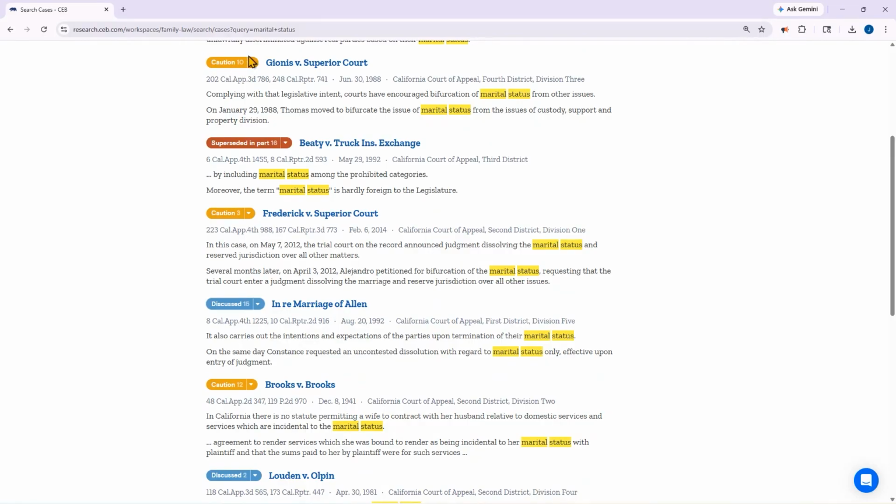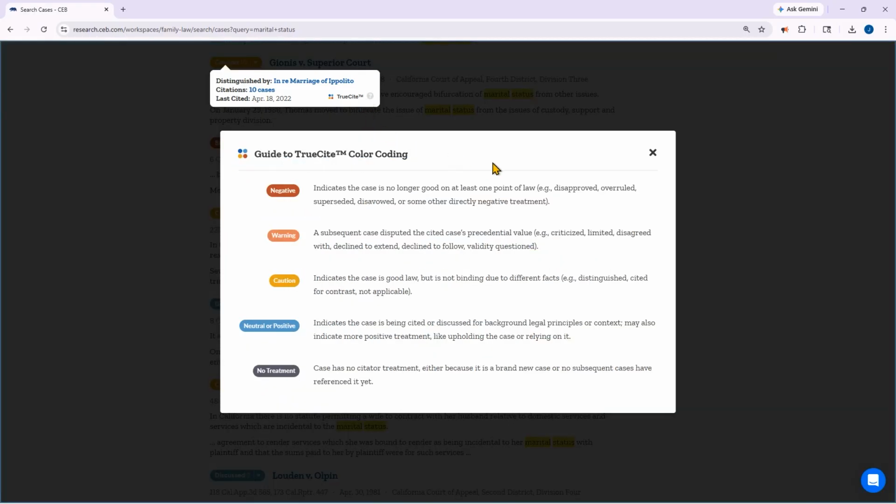Each case treatment also includes the number of times the case has been cited to. When you click the marker, you can see why it has been flagged, which subsequent decision is responsible for the most critical treatment, and when it was last cited to. If you ever forget what the color coding means, you can click on the question mark next to the TrueCite